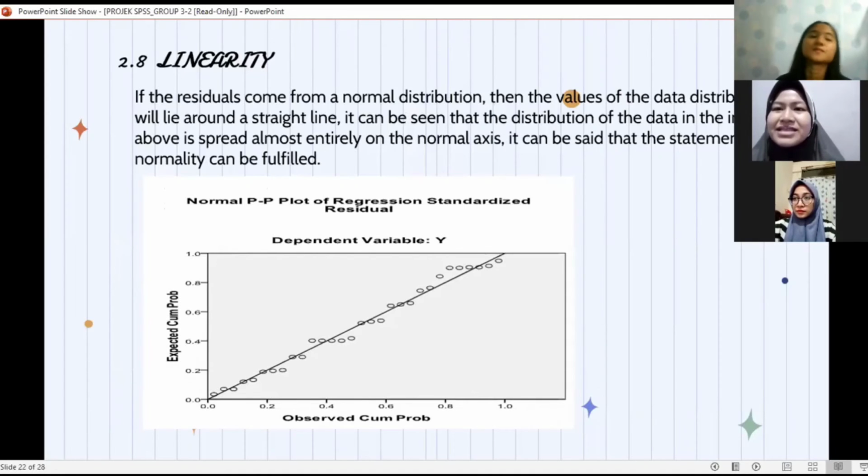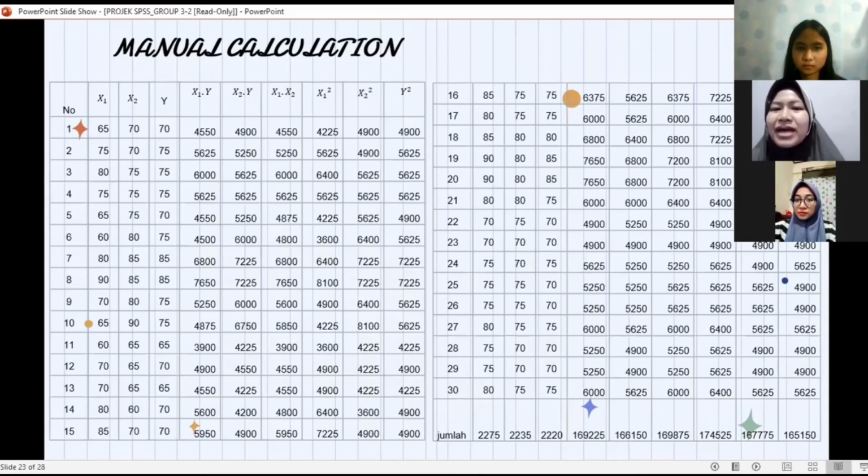It can be seen that the distribution of the data in the image above is spread almost entirely on the normal axis. It can be said that the assumption of normality can be fulfilled as shown by the graphic below. And this is the manual calculation that we done